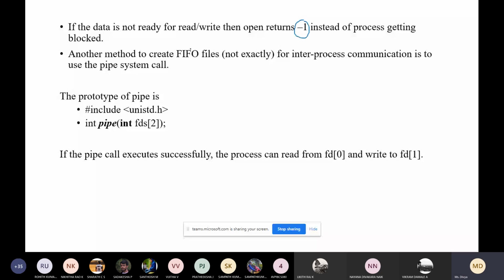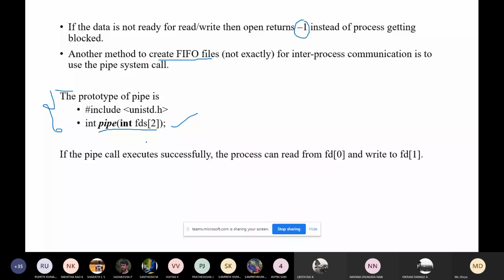Another method: there is one more method for creating the FIFO file. FIFO file is also called a named pipe, which is used for inter-process communication. So this is one more way of creating the FIFO file. You can see here, when you execute this, there will be two processes.